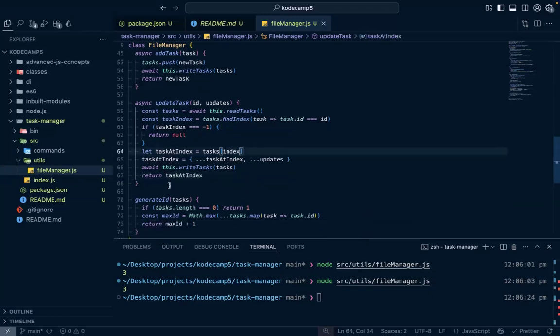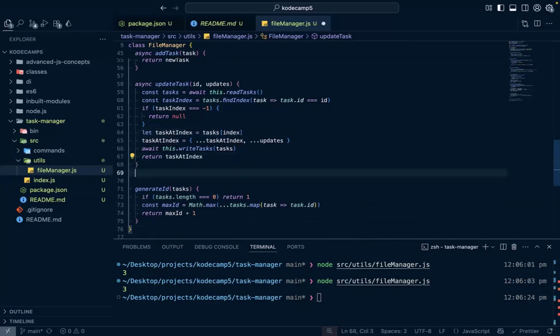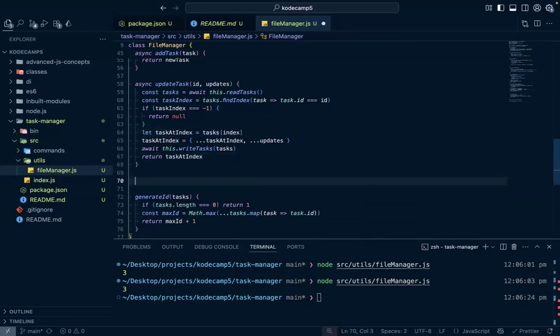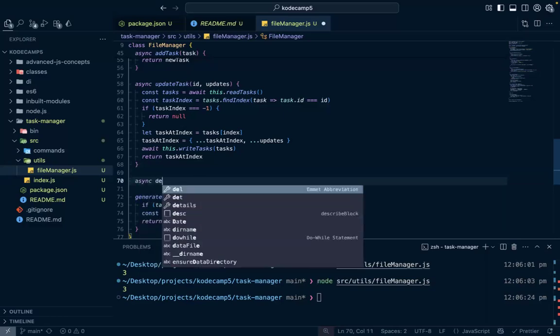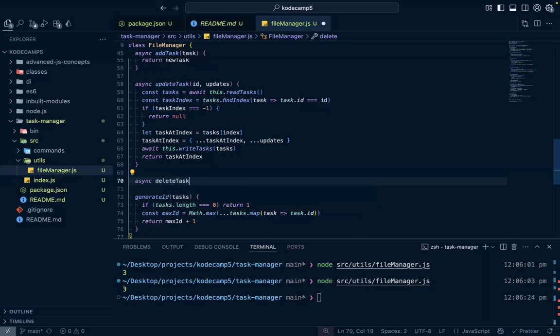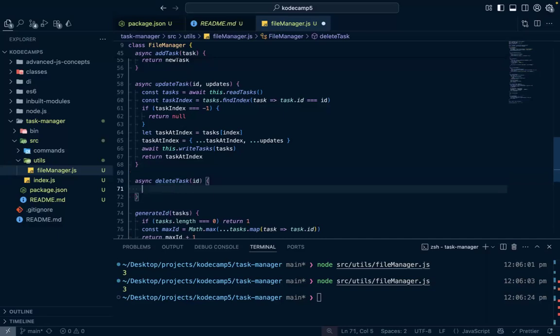So this is how to update our task. If we are using a database, this is where we find one, find unique, or find first, we return it, update it, and then say database updates. So that is basically what we are doing. So that's update task, and now we have async delete task that takes an ID. So we have const tasks is equal to